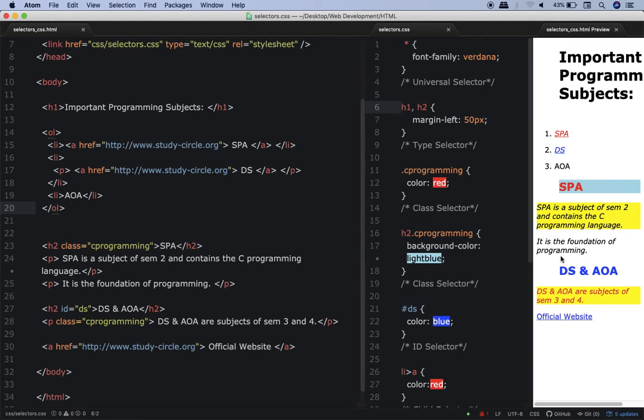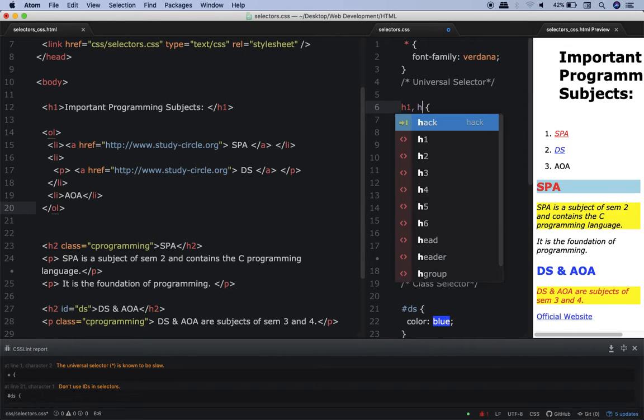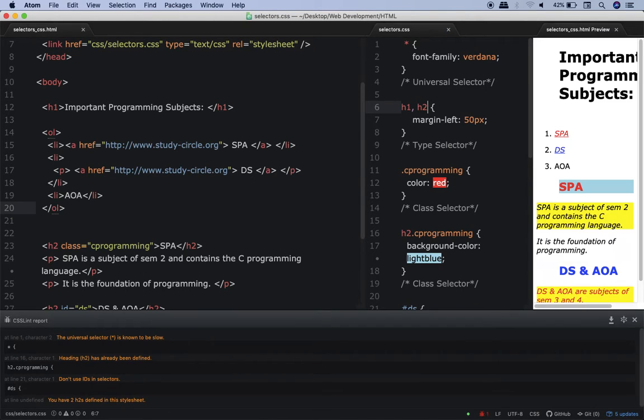See carefully. Now if you really want to be convinced that this is correct, I'll do one thing. I'll remove H2 from here, and then you will be convinced. So see what I'm doing. I'll remove H2. Now I'm about to save this. Now when I save this, see what will happen. Did you realize what happened? See this SPA and DS, they no longer have a margin of 50 pixels, whereas H1 still has a margin of 50 pixels. Now let me put the margin back over here. So I'll put comma H2, and that brings the margin again.